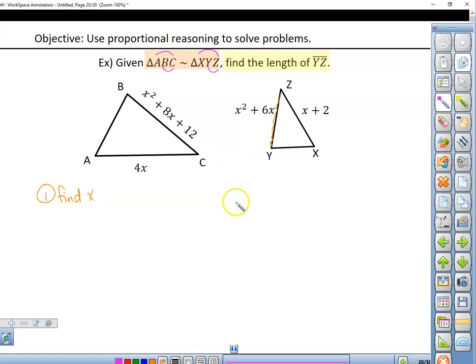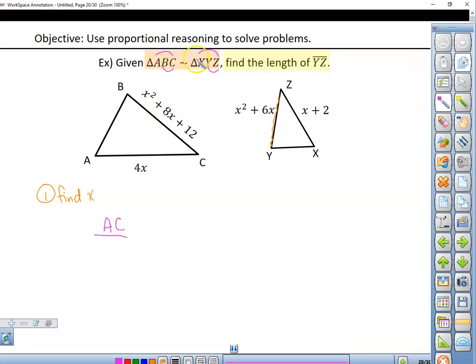And just looking at my values here, this trinomial, if I look at its factors, I've got an x plus 6 and an x plus 2, and this has an x plus 6, but they don't correspond. These two do not have any common factors. So there are different options here for what we can do. Sometimes when you set it up, you may decide you don't like that setup, and then you can try something else. All right, so a setup that does work nicely is if we look at AC,